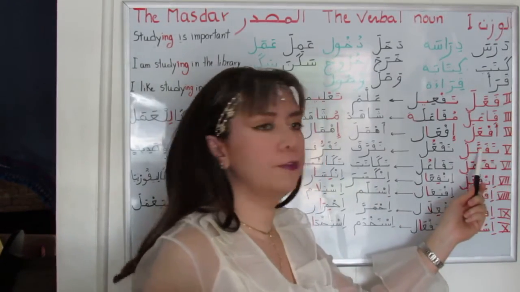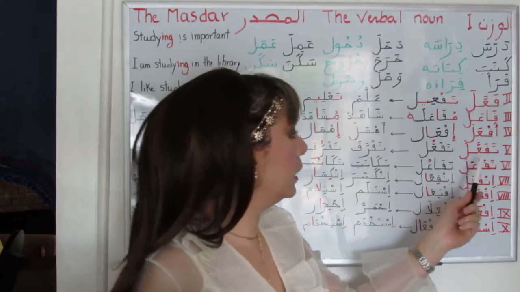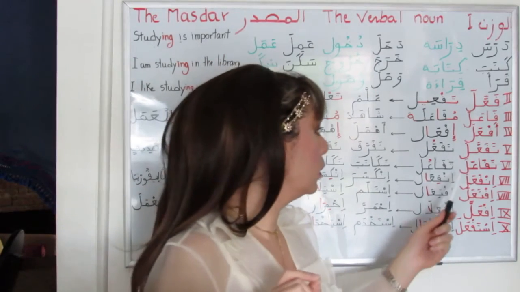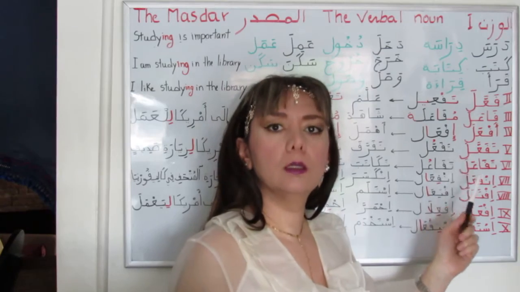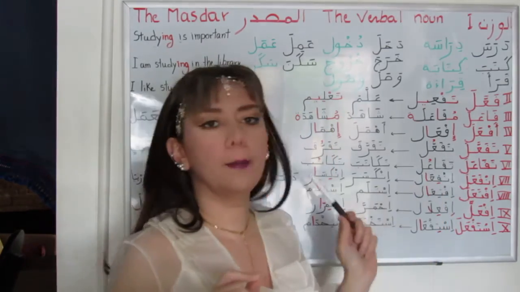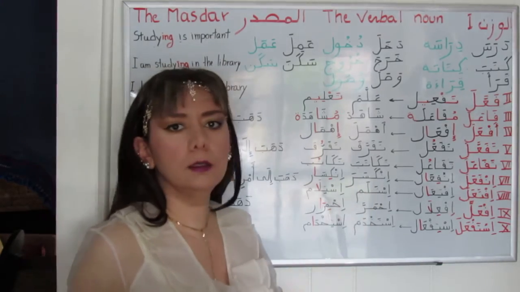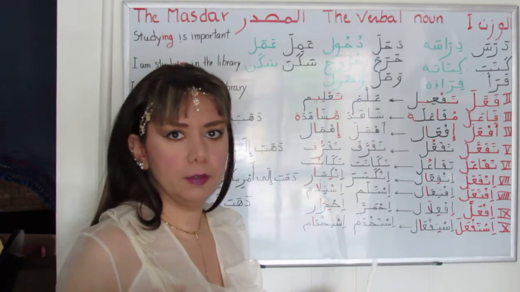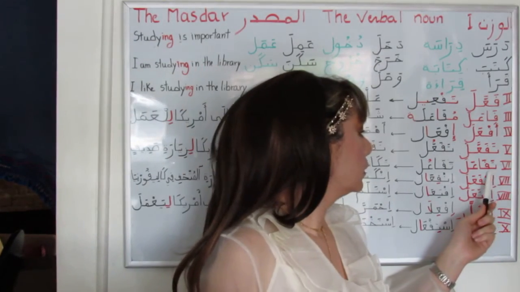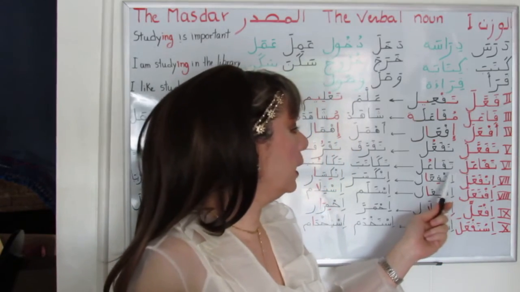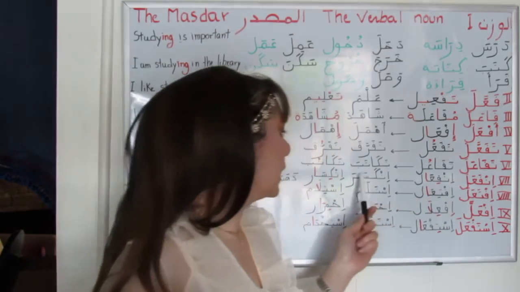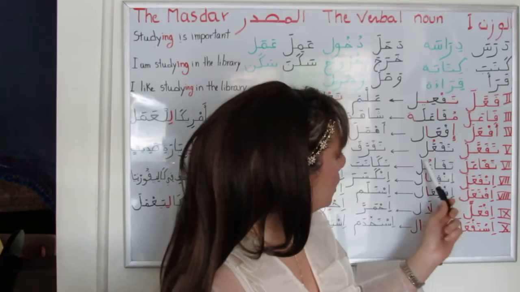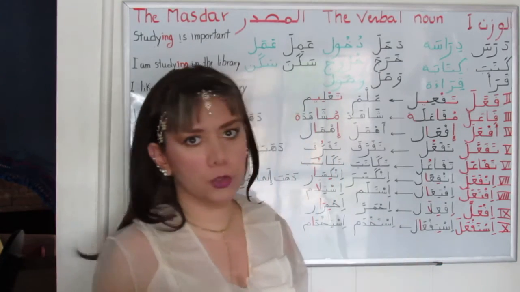The fifth one, tafa'ala, tafa'ul. Here there is just a change of the short vowel of the middle radical from fatha to damma. Tafarraqa, to spread. Tafarruq, spreading. Very easy. Sixth one, tafa'ala, tafa'ul. Takataba, to correspond. Takatub, correspondence. Again here, it's just a change in the short vowel.